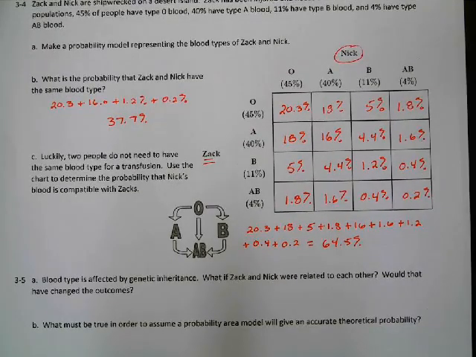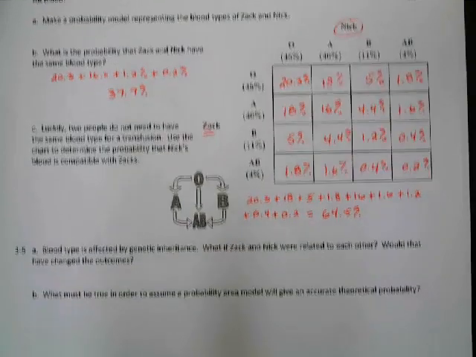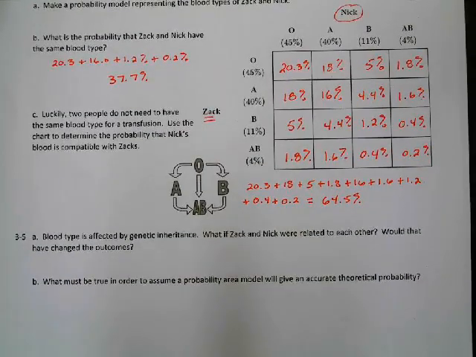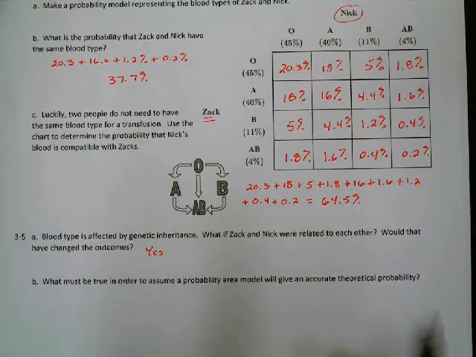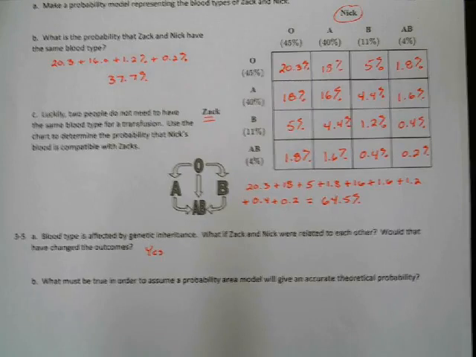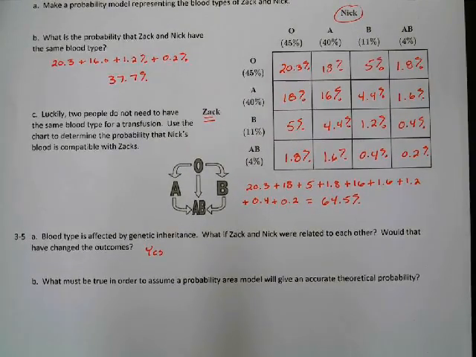Blood type is affected by genetic inheritance. What if Zach and Nick were related to each other? Would that have changed the outcomes? And yes, the outcomes would have changed if they're related. Because if they're related, then their parents are the ones who give them the O's and the A's. So they have a better chance of having blood that is, what's it called? Compatible with each other. So yes, this would be better because the outcomes